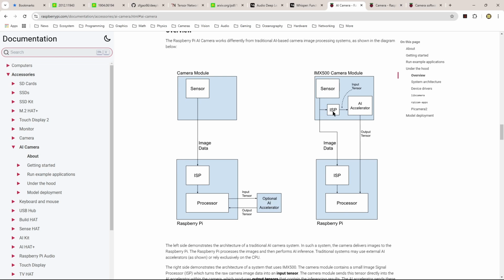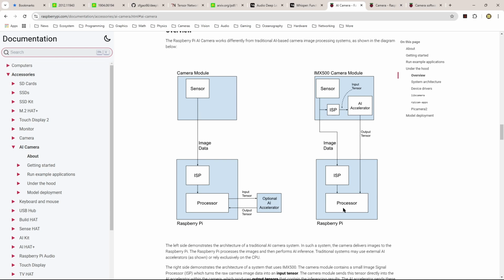It has a small image processor that can feed the images from the sensor to the AI accelerator, and it'll output an additional tensor along with the image data from the actual sensor going to the ISP on the Raspberry Pi 5. So rpicam apps can take both the image data and the output tensor from the AI accelerator